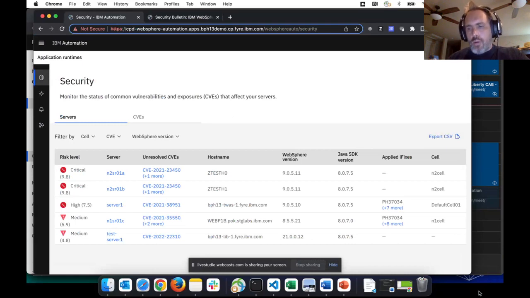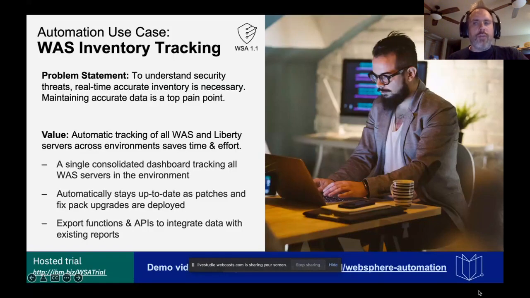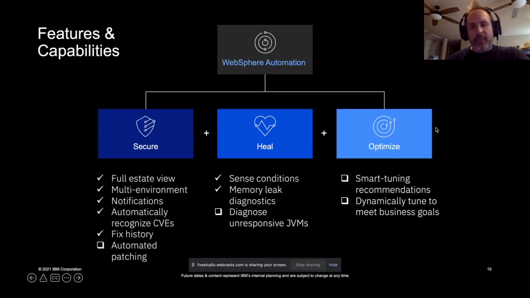So WebSphere Automation really started from that customer conversation about WebSphere users needing to understand what their scope and environments are, needing to understand what the security postures are, and WebSphere Automation helps address that. So the capabilities that we deliver today, right? We've got the full estate view. We have multi-environment. You can see a mix of WASND, Liberty, WAS for z/OS, WAS base, all of that in